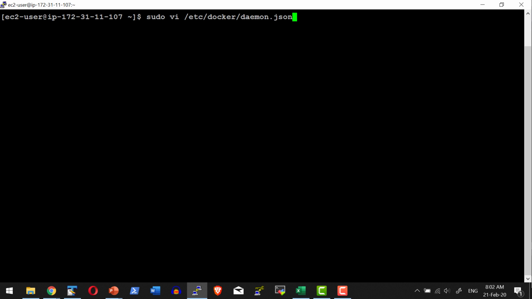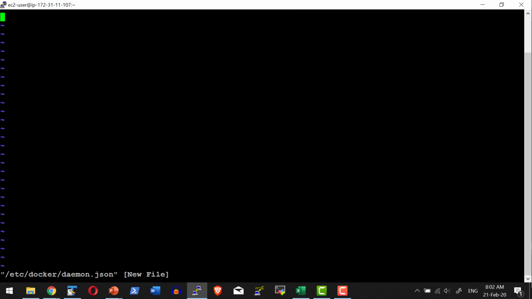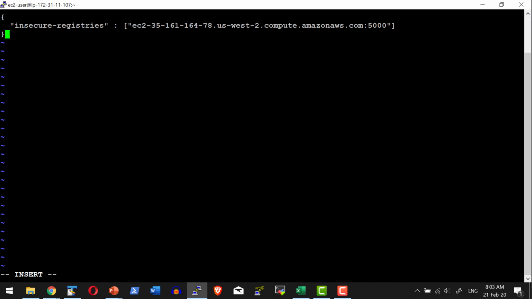In a new installation, generally this particular configuration file will not exist. In case it does not exist, I can go ahead and create a new file. Sometimes the registry will exist in pre-installed configurations like Play with Docker, where the entries will already be available as per the requirement for the containers, how they should behave within that environment. Now I am going to add the entry with this host name. So I have added the entry insecure-registries and the host name of this particular machine where the registry is running.